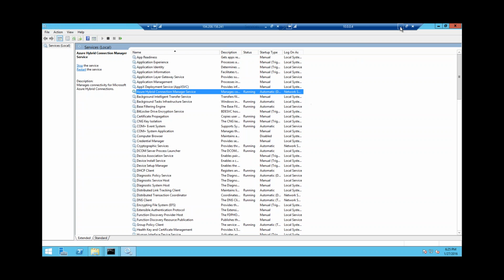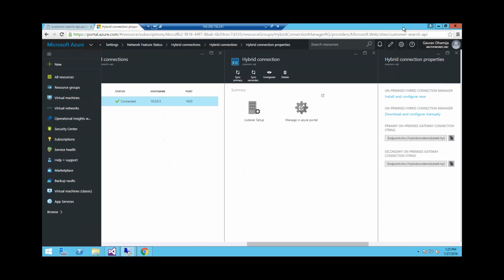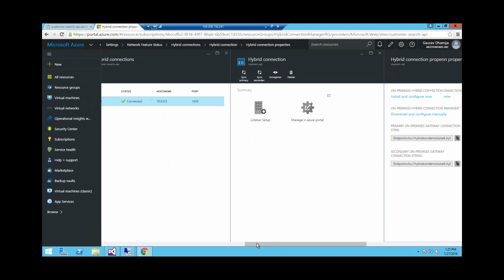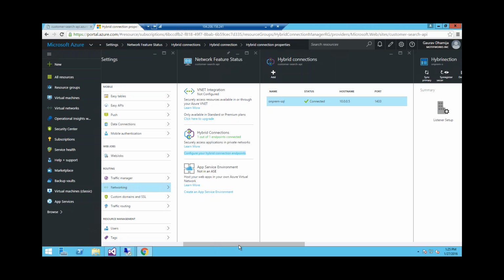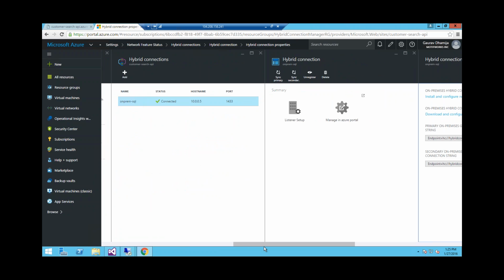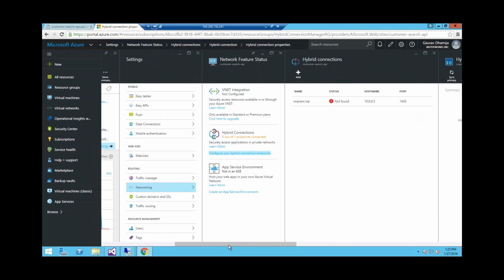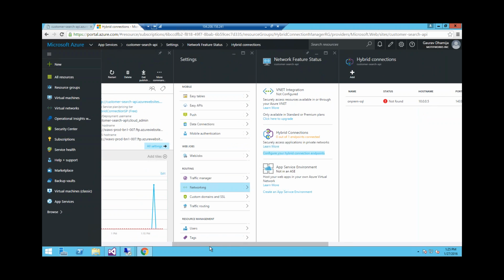To summarize, we saw two parts of the on-premise connectivity setup. The first part is that we went inside the Azure portal, and for the specific Azure app service, we created the hybrid connection. The second part was setting up an on-premise listener. So these two endpoints, one in the cloud and one on-premise, will talk to each other and create data channels whenever any application wants to talk to an on-premise data source. In this case, it's our web API, which wants to talk to the on-premise data source.